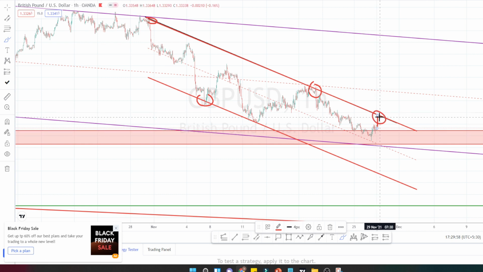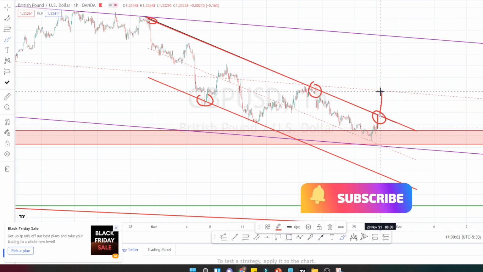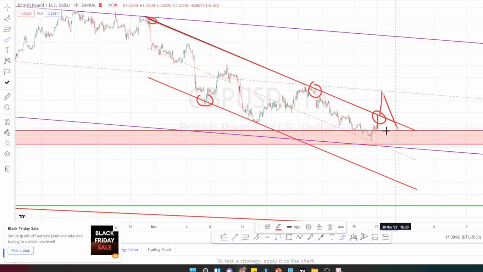But if the bullish trend is still strong, maximum I am expecting it to go to this level, which is around 1.34, and trend reversal to happen. There is very little bullish trend in this currency pair. So if it tests this level, we can expect a further fall in this currency pair. When we take the support level, we can expect the market to test this level also if the bearishness continues.